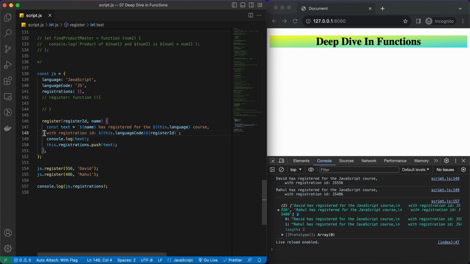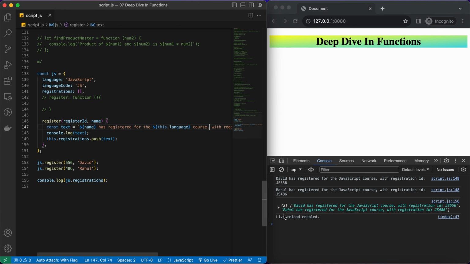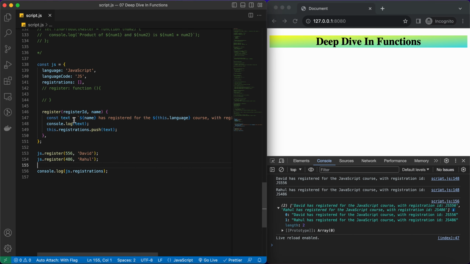Okay, so what we can do to fix it, we can simply remove the extra space and then we will get these two nice strings here. Okay, so now I want to use the same method in another object. Let's say we got another object. Let's copy this